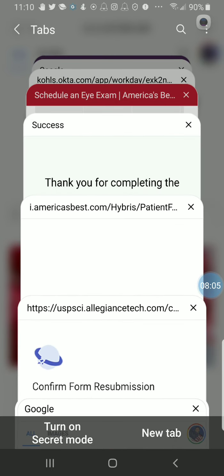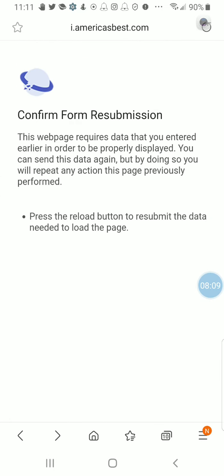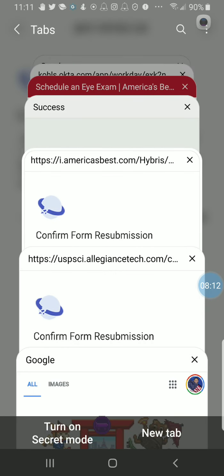When we speak about extensions, I have America's Best right here, and anything that you were working on previously, it's possible that there could be a link that had already expired. It could also be that it requires you to open up a new window or a new tab.